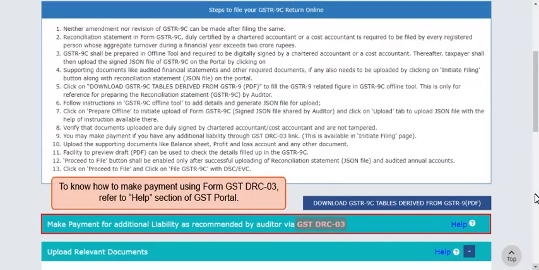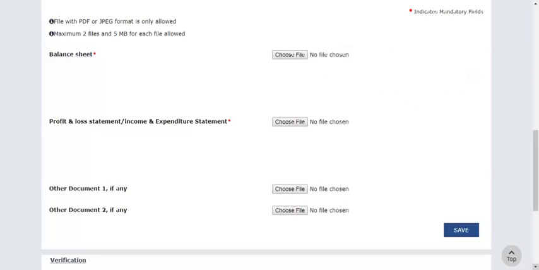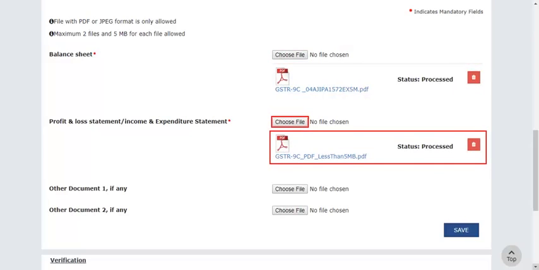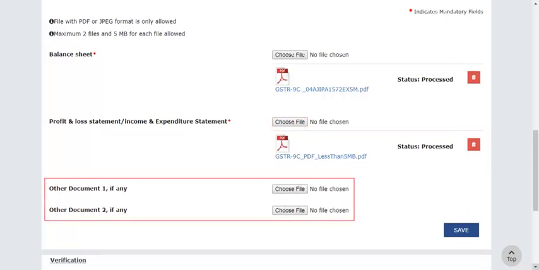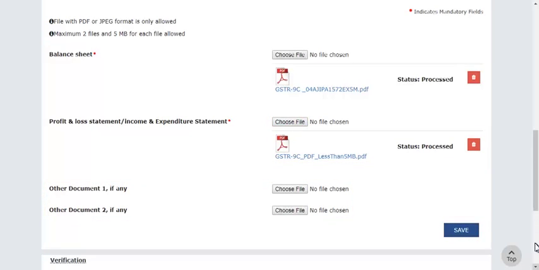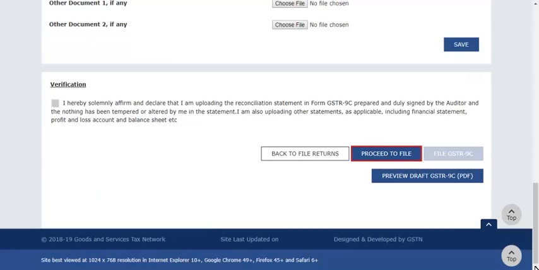Click the GST DRC 03 hyperlink to make payment, if any, for additional liability as recommended by the auditor. In the Upload Relevant Documents section, click the Choose File buttons to upload the balance sheet, profit and loss statement, or income and expenditure statement and other documents, if any. Click the Save button. This will enable the Proceed to File button.